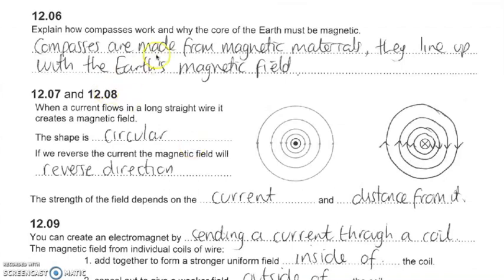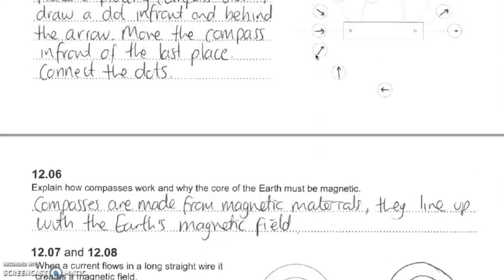So, explain how compasses work and why the core of the Earth must be magnetic. Well, compasses are made from magnetic materials and they line up with the Earth's magnetic field. Okay, so we know that the inside of the Earth must be magnetic. Otherwise there would not be a magnetic field being generated, and as a consequence, in the same way that compasses